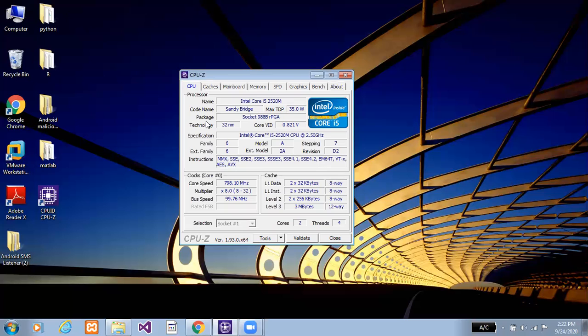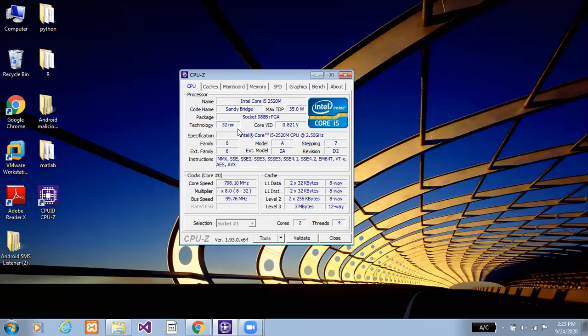Package. It shows the name of a motherboard socket or processor designed to fit in. In this case, it is G2, which is made up of 988 pins. Technology. It shows the processing geometry used to create processors. In this case, it is 32 nanometer, which means processor was built using 32 nanometer technology.